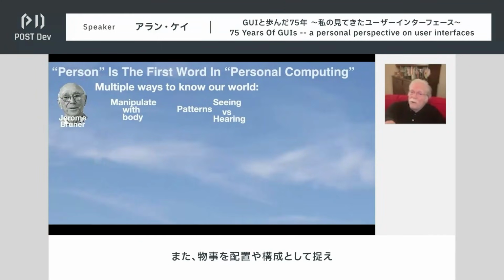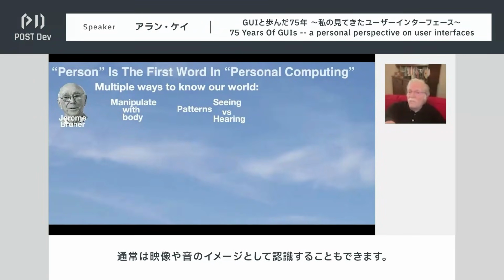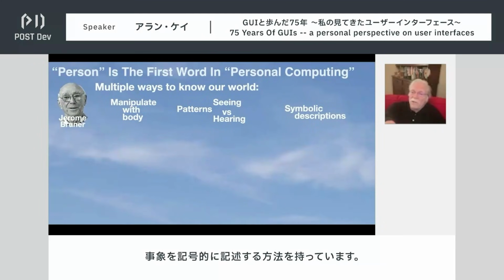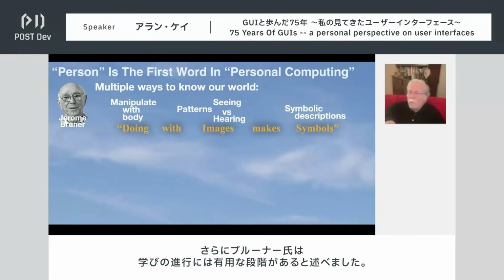We know the world by seeing things in configuration, usually in terms of images or in soundscape images. And we have this special thing that's very powerful, but we still don't understand very well, which is how to describe things symbolically.